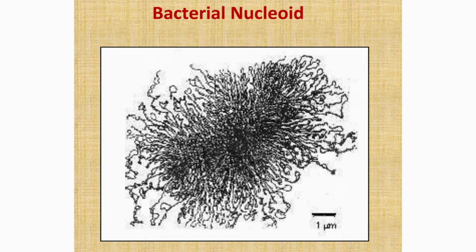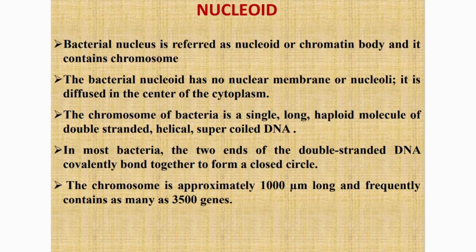The next component in the cytoplasm of the bacteria is the nucleoid. Nucleoid is nothing but a chromatin body. It contains the chromosome. The bacterial nucleoid has no nuclear membrane or nucleus. It is diffused in the center of the cytoplasm. The chromosome of bacteria is a single